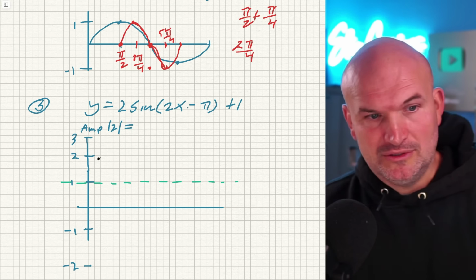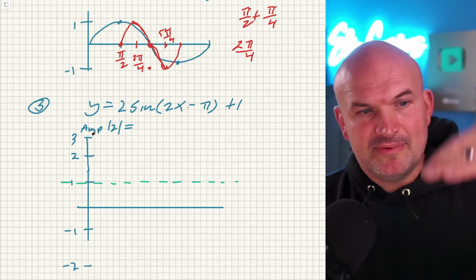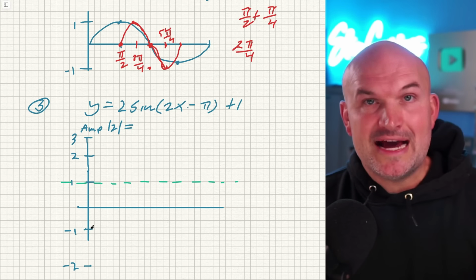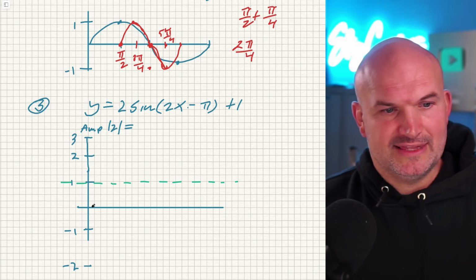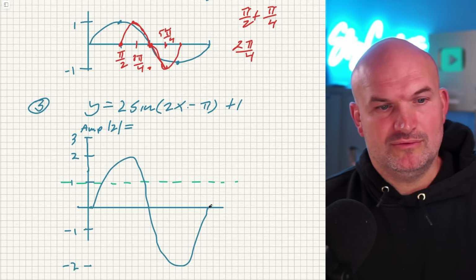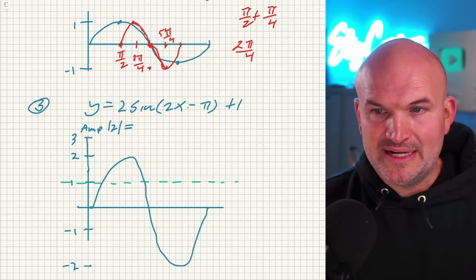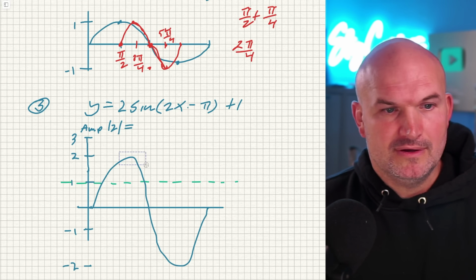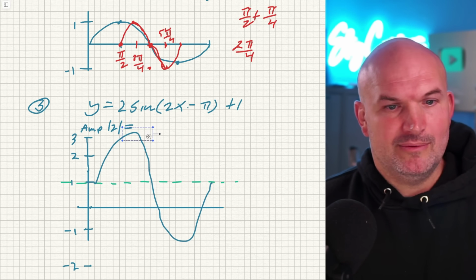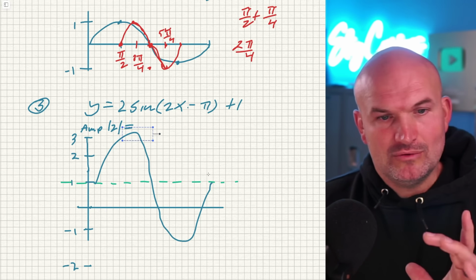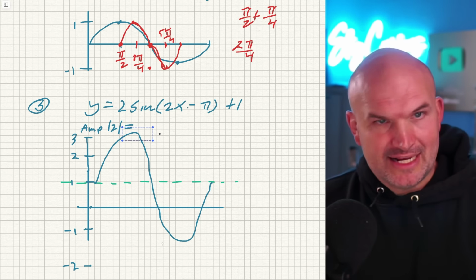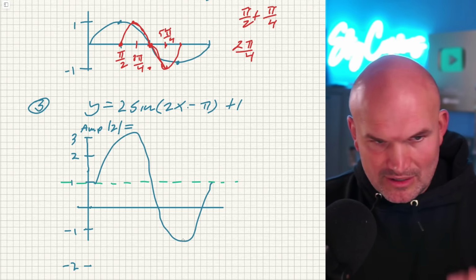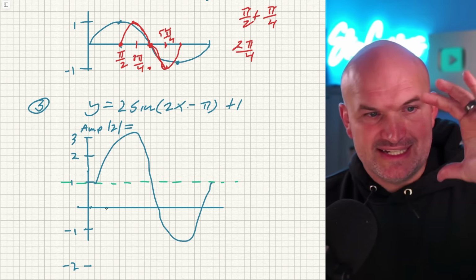Now, what's important is that if it goes up 2 from here, it's going to go down 2, right? Because my half distance is 2. So originally this graph would look like this. When it has an amplitude of 2, it's going to go up to 2, down to -2. It would look something like that. But now when I shift this graph up 1 unit, I want you to see that's how it is going to work and look. So now it's going up to 3 and down to -1. I know my scaling is off, so apologies for that,